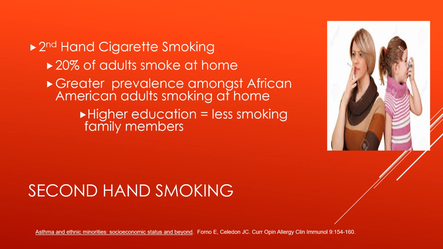Because of socioeconomics and because you might live in an apartment building or you might live in a multi-housing unit in the urban development, sometimes you smoke at home. And they did some studies looking at secondhand smoke at home, and they were looking at the prevalence of secondhand smoke amongst African Americans. And they found that almost 20% of them smoked at home. They also did some studies where they looked at if you have the higher your education, the less smoking you do at home. Actually, the less smoking you do all around. So education has a relationship to smoking, especially smoking at home.